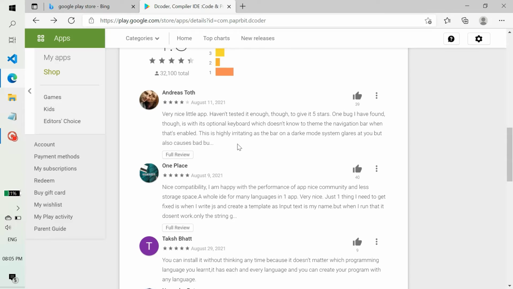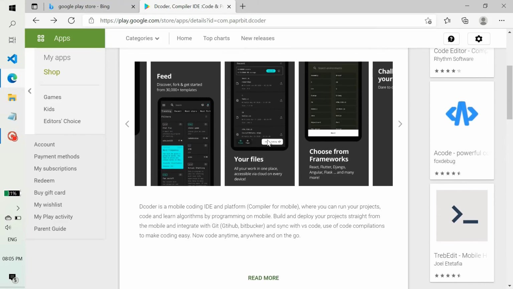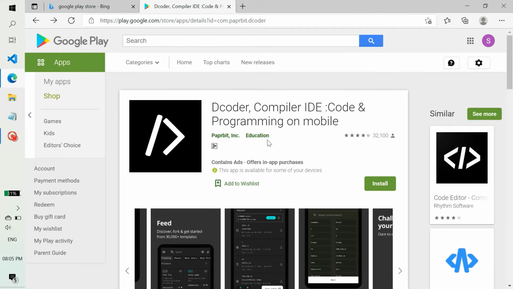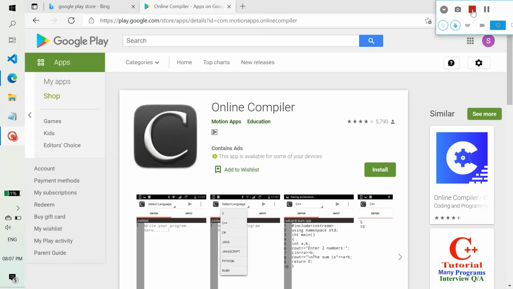Reviews are also good, rating is also good. So if you find any difficulty searching for this app, I am giving the link of this app in the description. You may check it out.